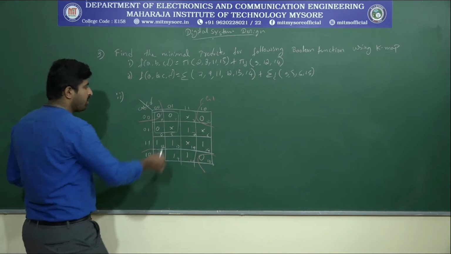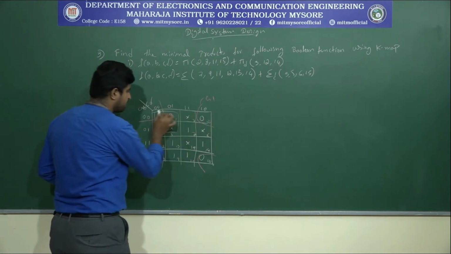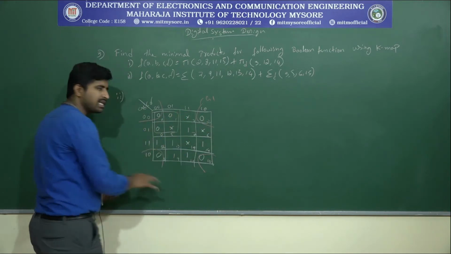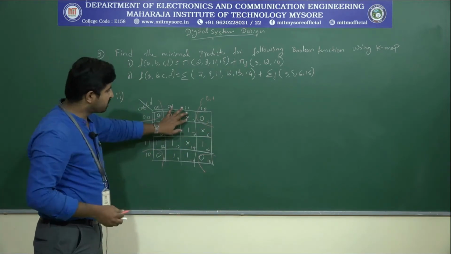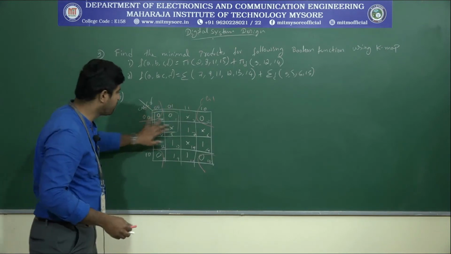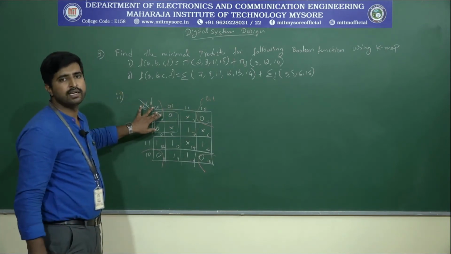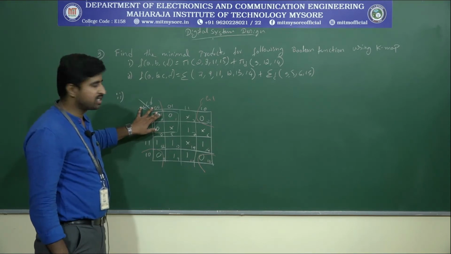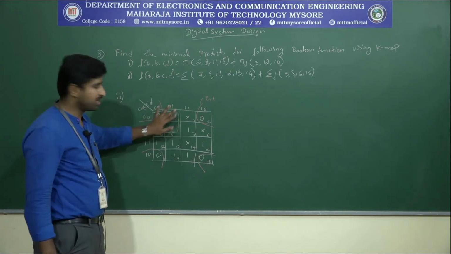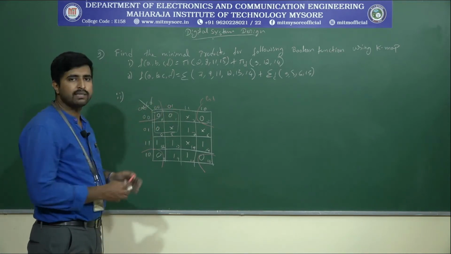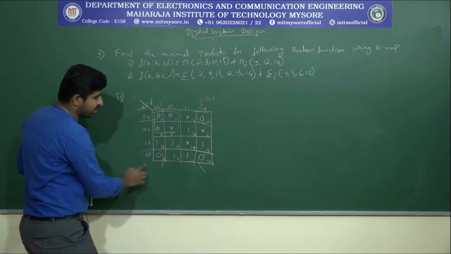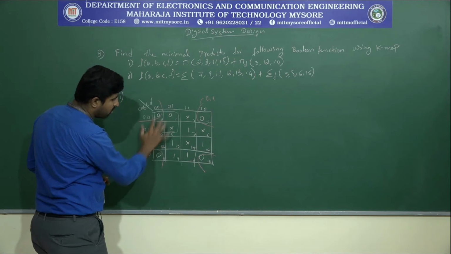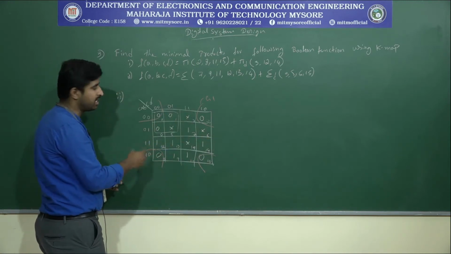Okay. So even we can include this one actually, but to get a simplified equation this is not needed because all the zeros are already covered. So that means this is not needed actually. So this is complete. This will be a redundant prime implicant, it won't be any essential one. Okay. So to write a simplified equation, let's not include this one. So these two groups are enough to write the simplified equation because all the zeros are covered here only. So these cells 8, 10, 2, 0, 4, all zeros are covered in the K map actually.